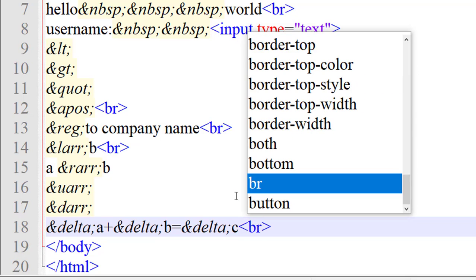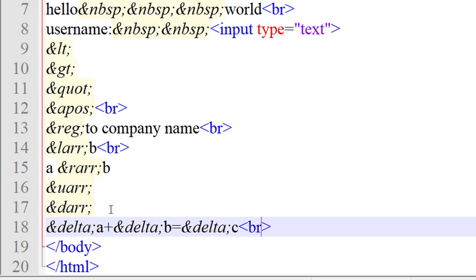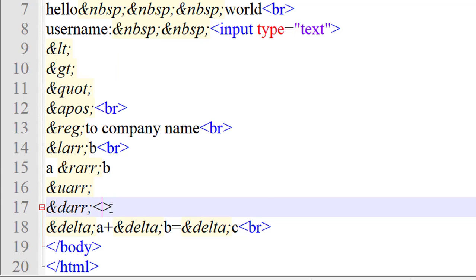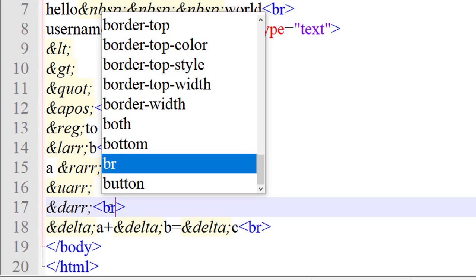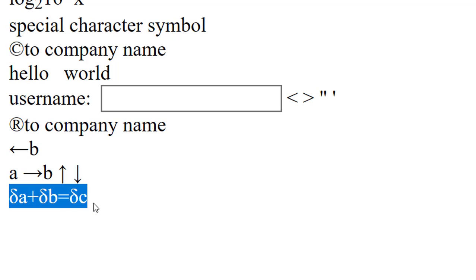Just save this and now run it. This is a delta sign. Break line, apply the break line character. Just save this and now run it. Okay, delta A plus delta B equals to delta C.